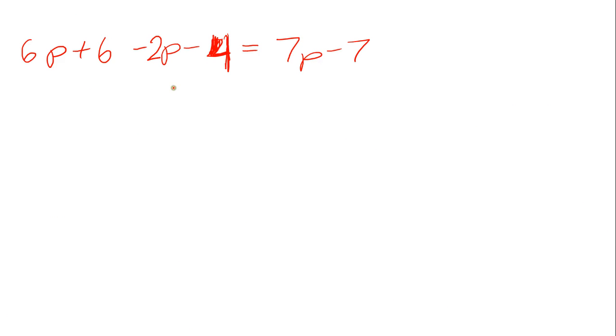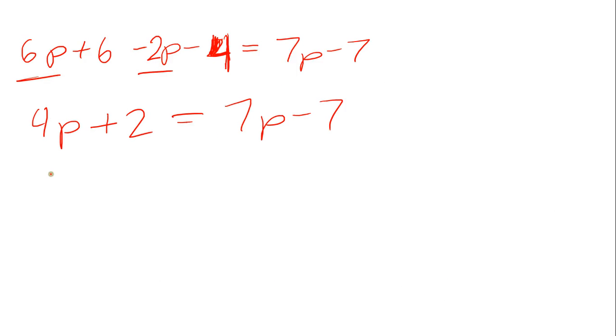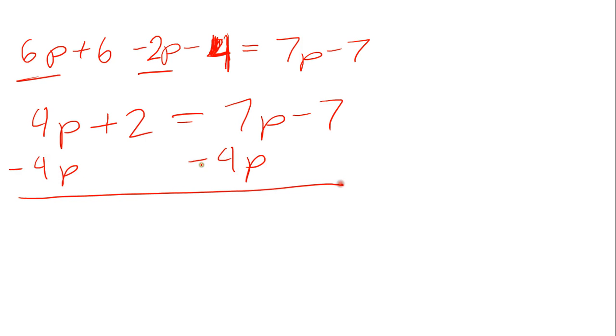So, okay, so that's what we need. Alright, so basically if I combine like terms, I end up with 4p plus 2 equals 7p minus 7, and we end up with, so to avoid dealing with negatives, I'll just do 4, subtract that from those, and I end up with 2 equals